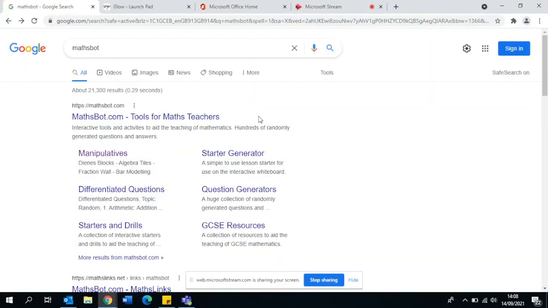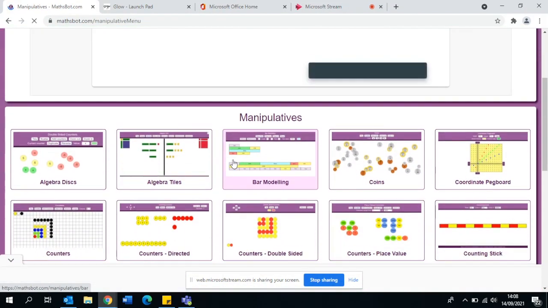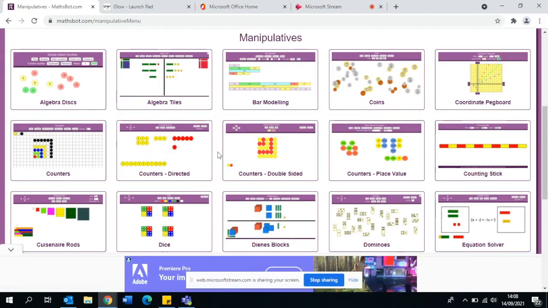In this video, we're going to take a look at the digital manipulatives that are available on MathsBot.com. So if you search MathsBot on Google, this is the result, and you click on Manipulatives, which will take you to a digital library of basically all of the concrete resources that you might use in a maths lesson, but